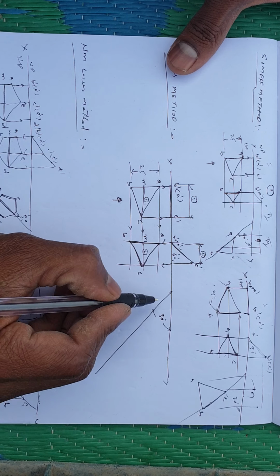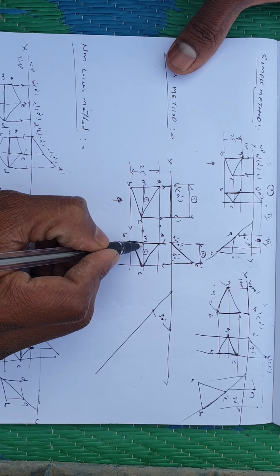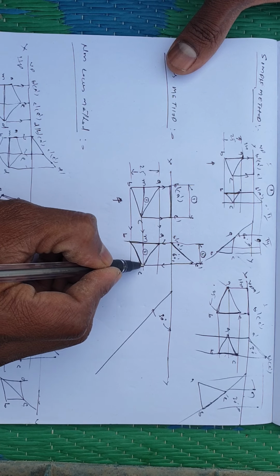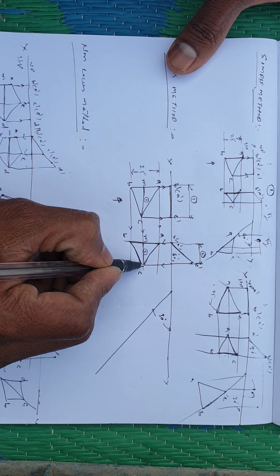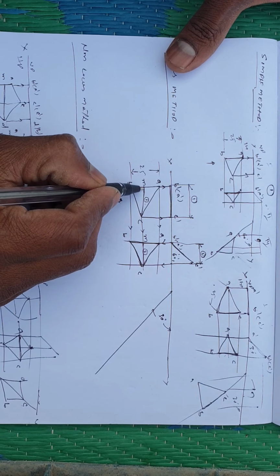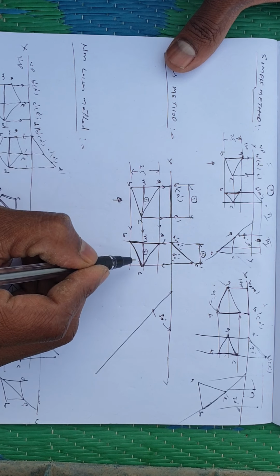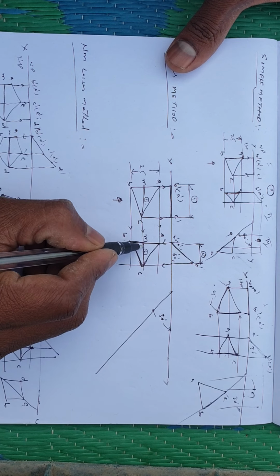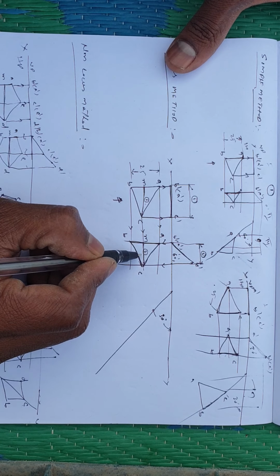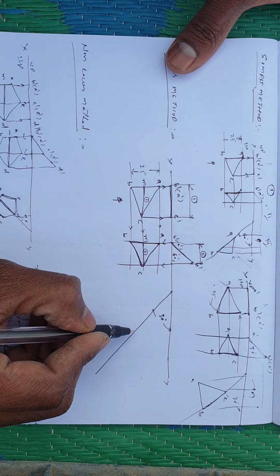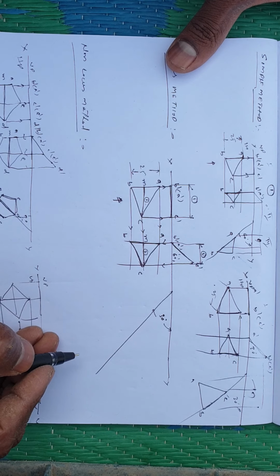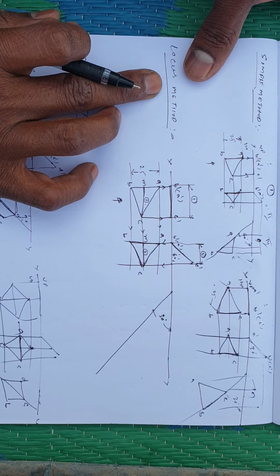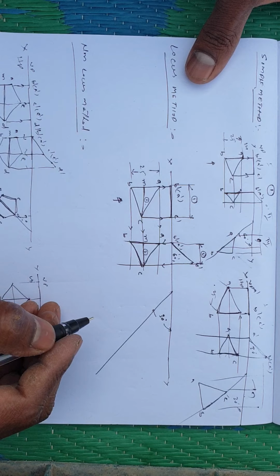Now here this is the given VP line, and here is the apparent median length. Always in the problem he talks about the true median. Here we have the apparent median, so we need to transfer the same here. For this apparent median we need to find one more thing, the apparent inclination beta, using the locus method procedure.